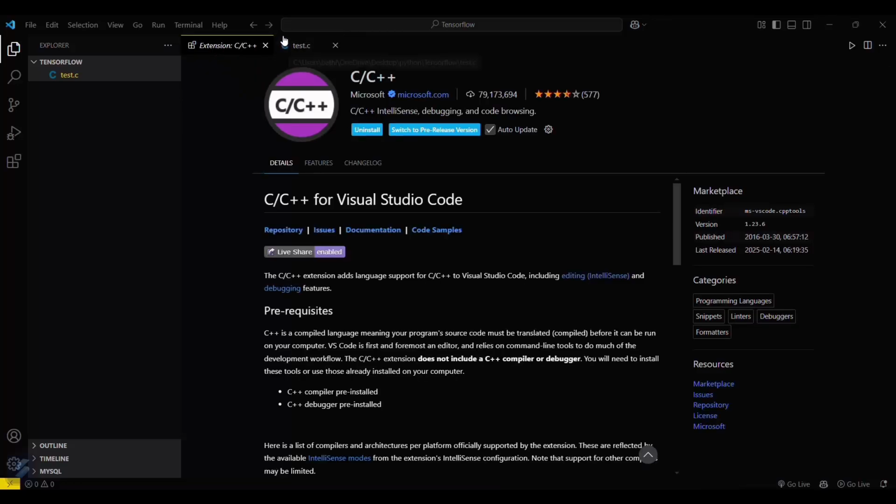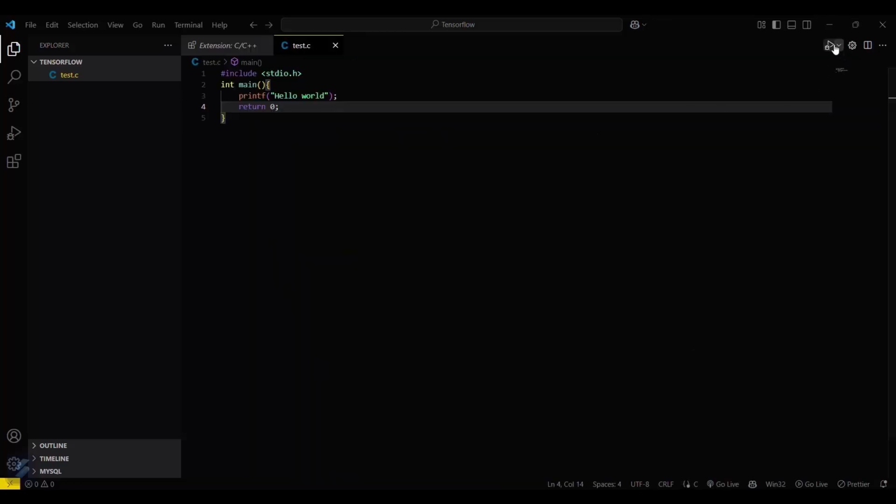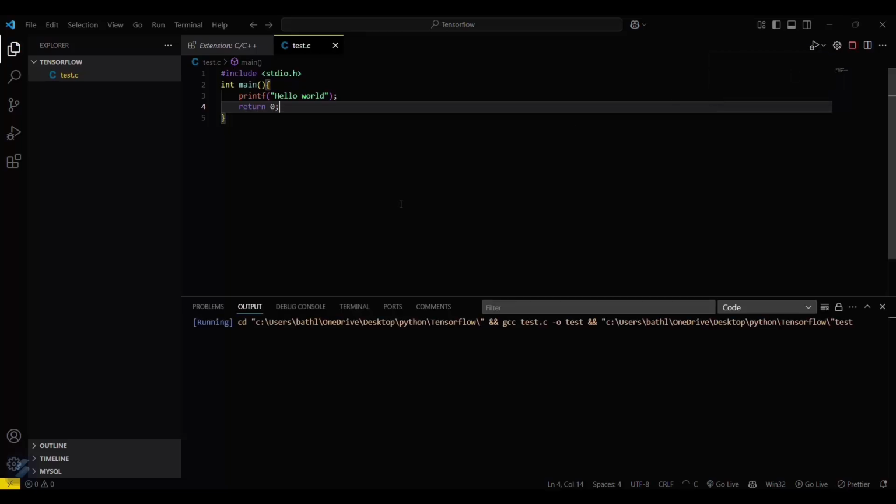So yeah, it is also installed now. Now you have to click here and run code. So it is running. Now here you can see the output. That means your C or C++